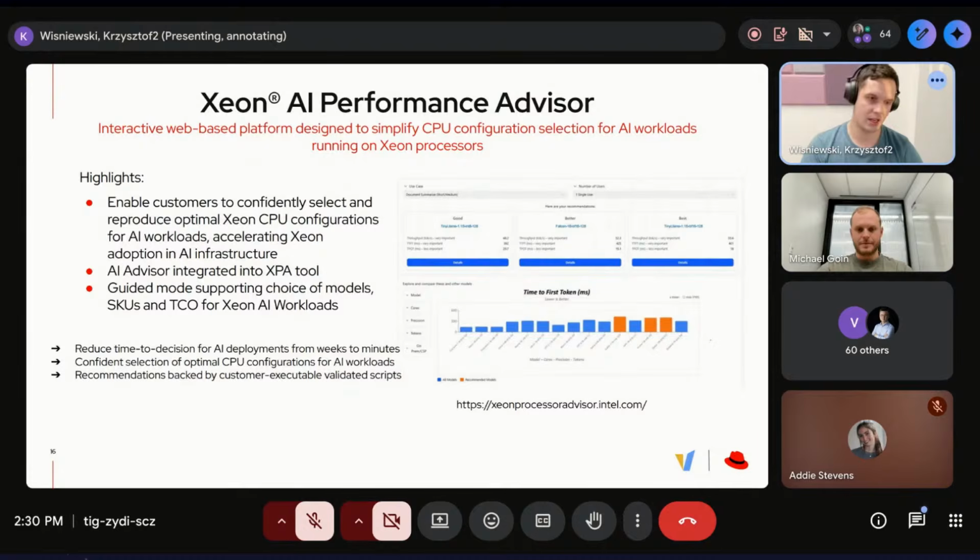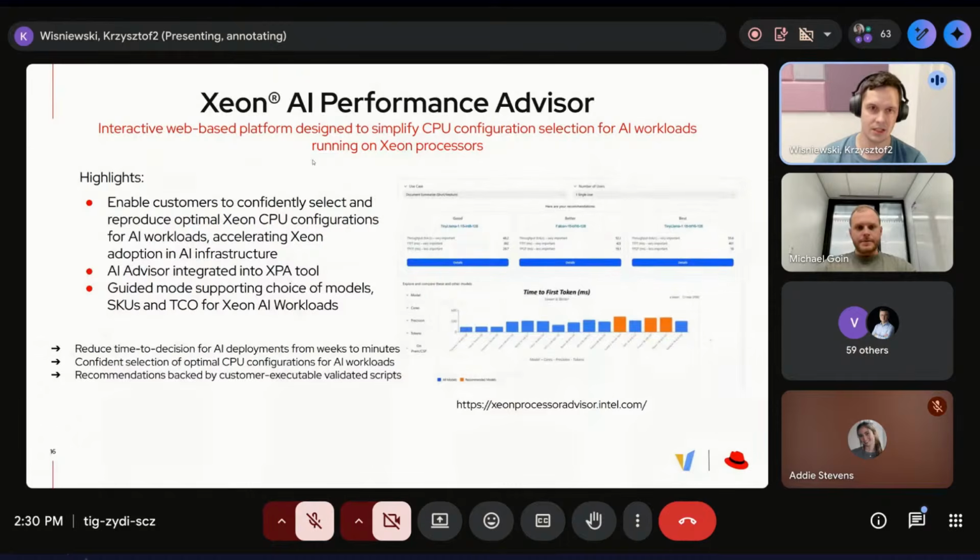So with that, I want to show you what you might expect from the Xeon with the Xeon AI Performance Advisor, which was introduced last week. This is a web-based interface that, based on your requirements for the model, will calculate how many resources you will need, what the estimated cost is, and what performance you will get.